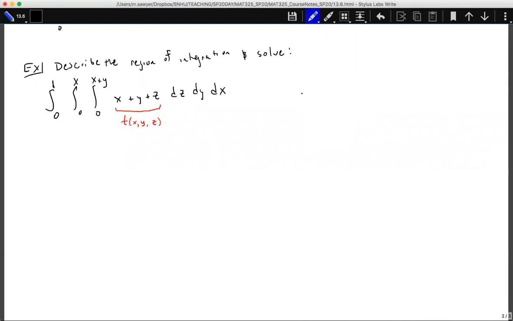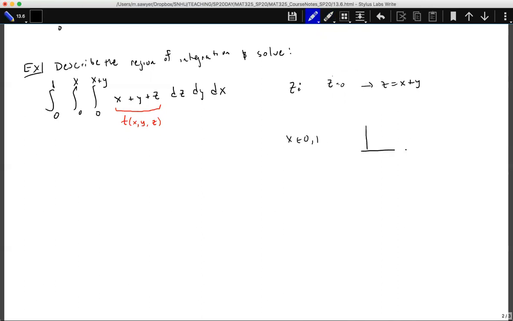So if we think about this projection, if we're looking in the z plane, we're projecting onto the x, y plane. So looking down, z goes from 0 to x plus y. So z goes from the plane z equals 0 to z equals x plus y, and this looks like the edge of a triangle. Then it's sometimes easier to build it from below. So let's look at the dx dy plane. If x goes from 0 to 1,